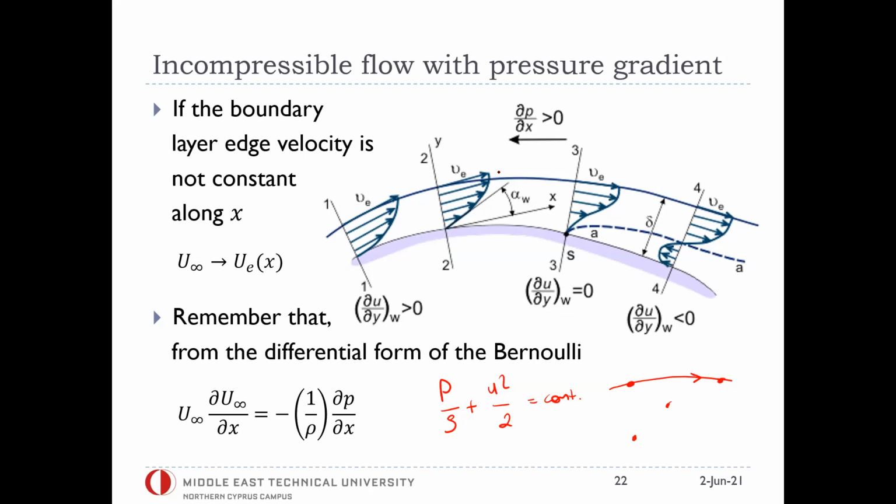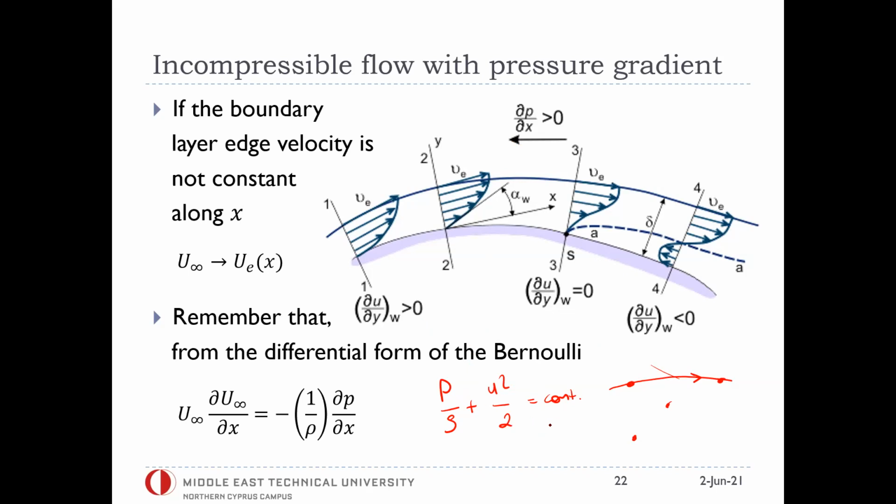But whenever we are dealing with inviscid flows, at least along a streamline, this is valid. Since this equation gives us a relation between pressure and velocity, and we are outside or just at the edge of the boundary layer where we have minimal or no viscous effects, this equation is